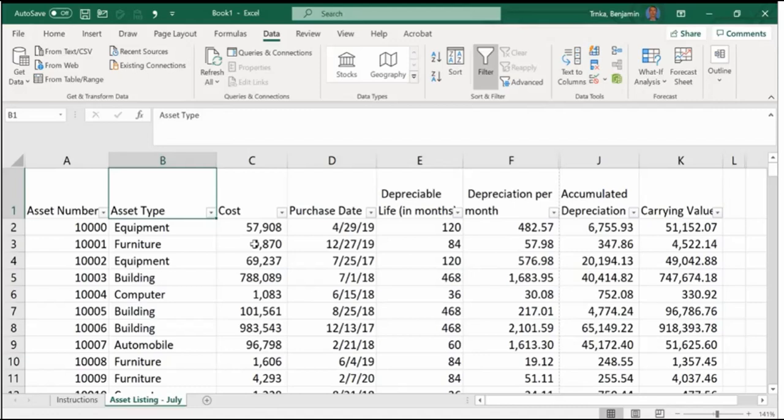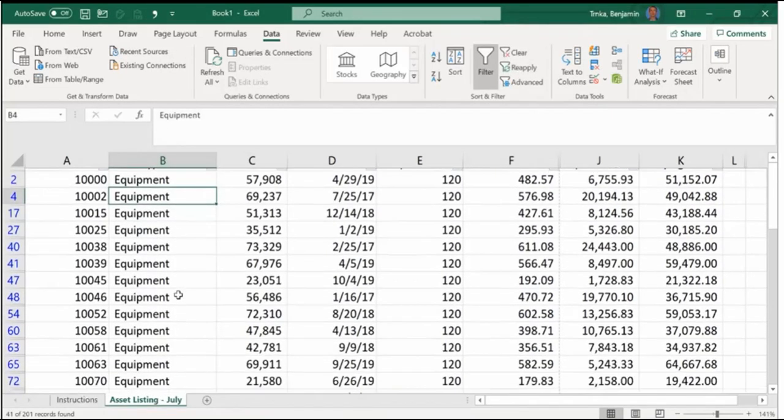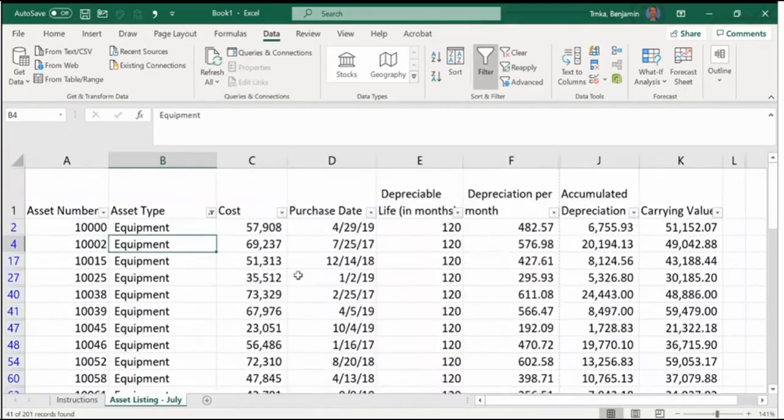Yeah, and so once you have a filter on, it's just exactly that. It's a filter. So let's say I only wanted to look at equipment. I wanted to take out everything else. I'm not deleting it. I'm just only showing the equipment. I could click on the little drop down. Automatically, everything is selected. I could uncheck that box to make sure nothing's selected right now. And if I just want equipment, click on equipment, hit OK. And now all that's displayed here is just the equipment. It is so cool. I don't know that they had this one in the early days of Excel. Maybe they did, and I just didn't know it, but this one is so cool. I use stuff like what you just did all the time.